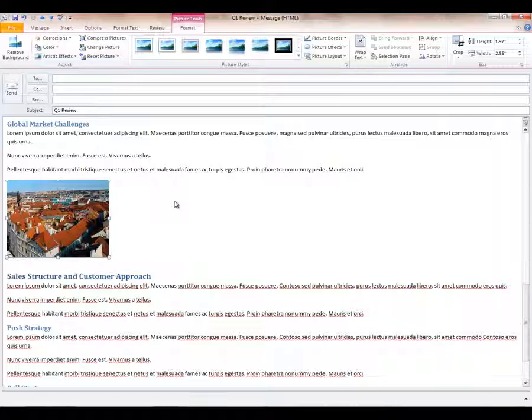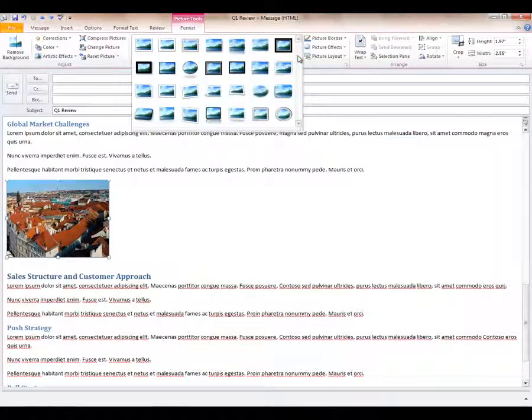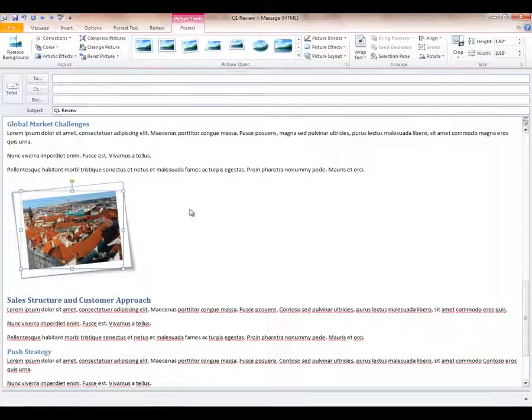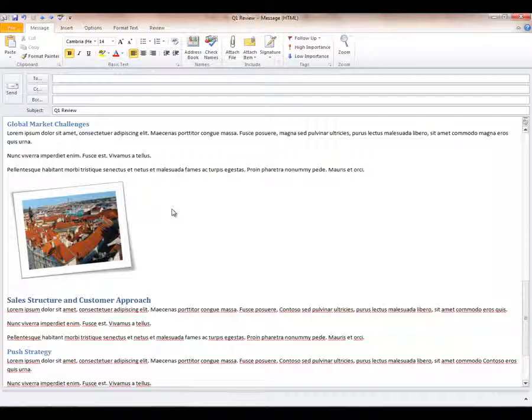What I also want to show you here, in the picture styles area, is that just as we had predefined formatting for text, we have predefined formatting for images. You can see some styles here as the different ways that I might want to portray this image. I like the one here that looks like a Polaroid that you might have thrown out on your desk or on a table. It's got that kind of tilt to it and shadowing. A number of different options that you can definitely choose from as you're working within these images. Let's go ahead and save this